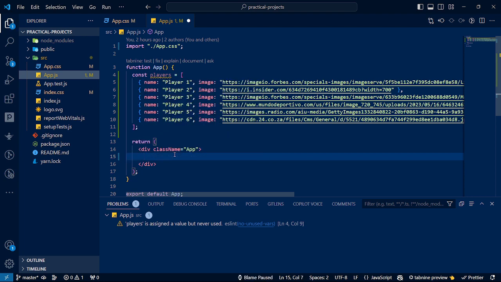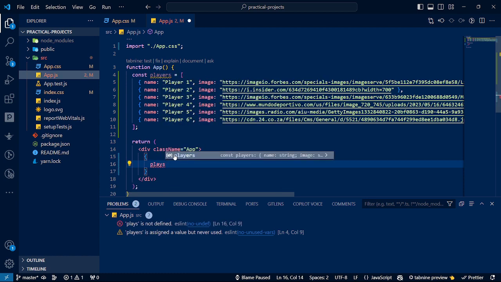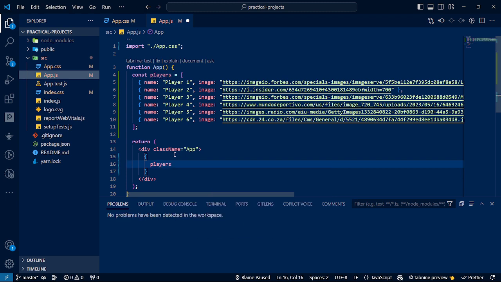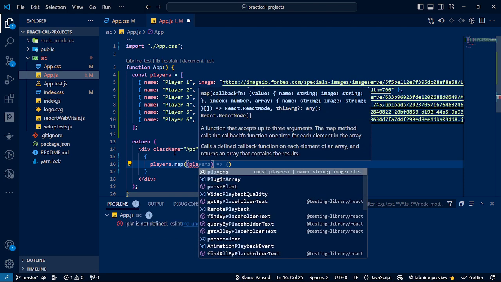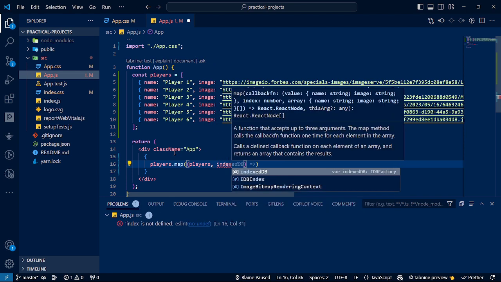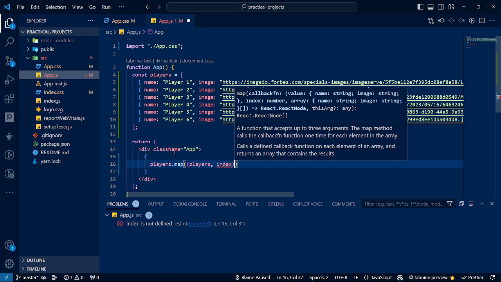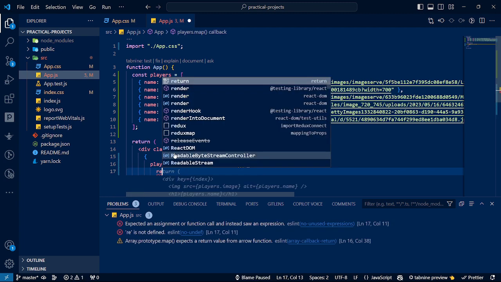So basically there are a couple of steps that we have to take, right? If you want to loop in JavaScript, you just have to say players, which is the name of the array, and then .map, right? And then from the map, you can just say player. You have to add an index as well. And then from this index, you can do this arrow function, and then maybe you can just say return,